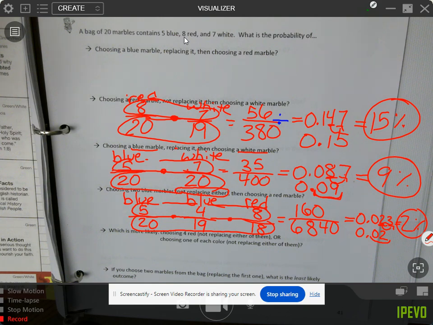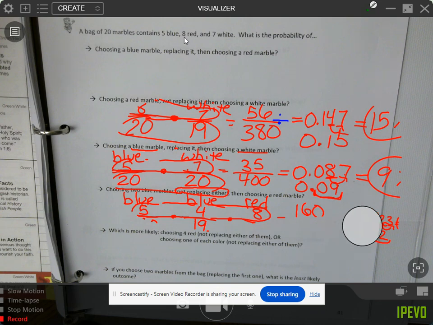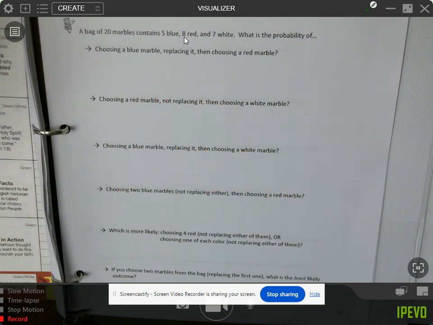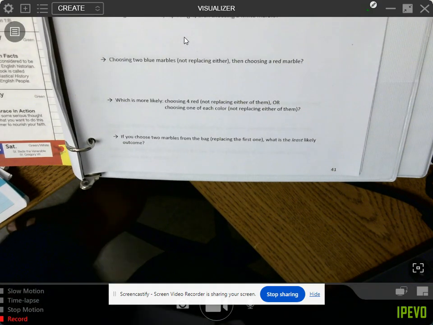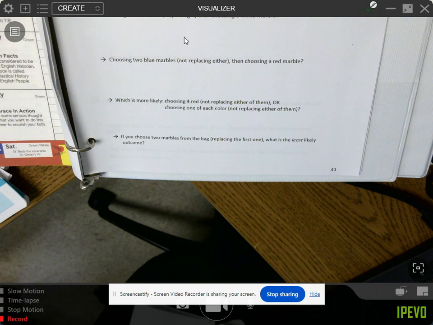Multiply across the top, multiply across the bottom, divide to find your decimal, turn it into your percentage. Sure. Because we do have a second page today. So I can go through one more. So this time,